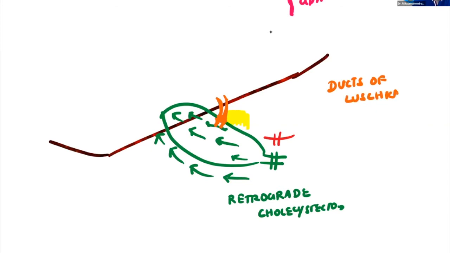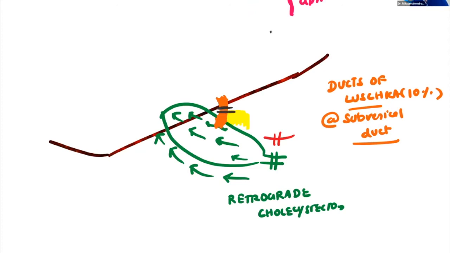It is seen in 10% of patients. These patients will have ducts of Luschka, also known as the subvesical duct, which will enter into the gallbladder like this. So if I note it during surgery, I can put a clip. If I note there is a subvesical duct, I can put a clip, but 90% of the time we cannot